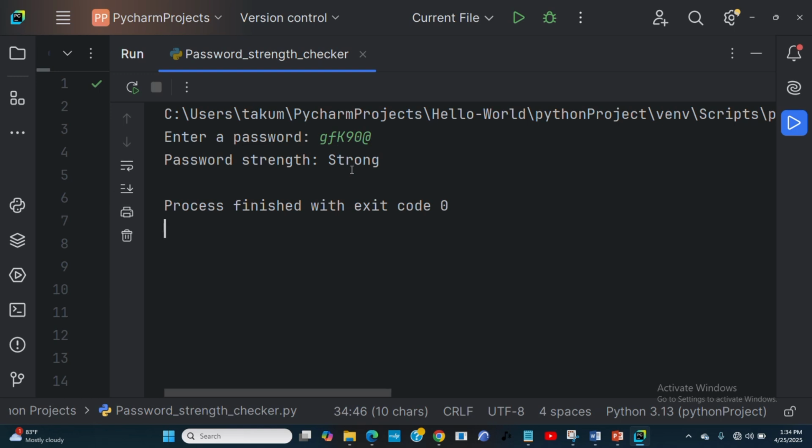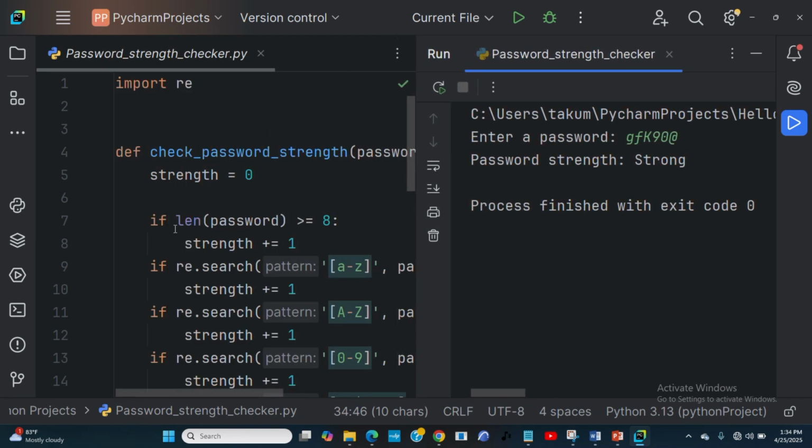The password is strong because any four, you can see what is missing here. The one that's missing is the length. The length is less than 8, because you see it's from 8 and above, isn't it? Greater or equal to 8. Remember what we gave here: the password should be greater or equal to 8.